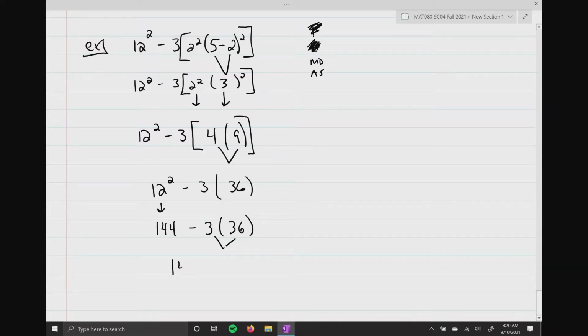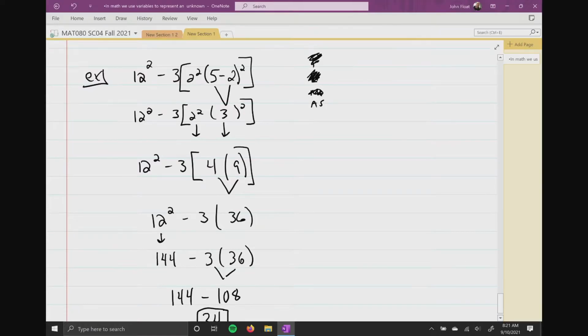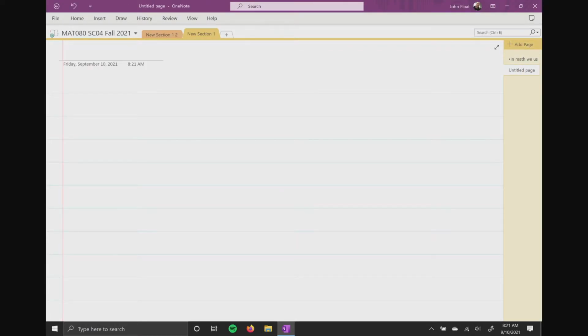And that's where I made my mental math mistake. So now multiplication, division's done. So the last thing I need to do is just subtract. What's 144 minus 108? 34. 34. Good. We can call it a day. Any questions? All right. So let's move on to the next section then. All right. So this section, we're going to focus on